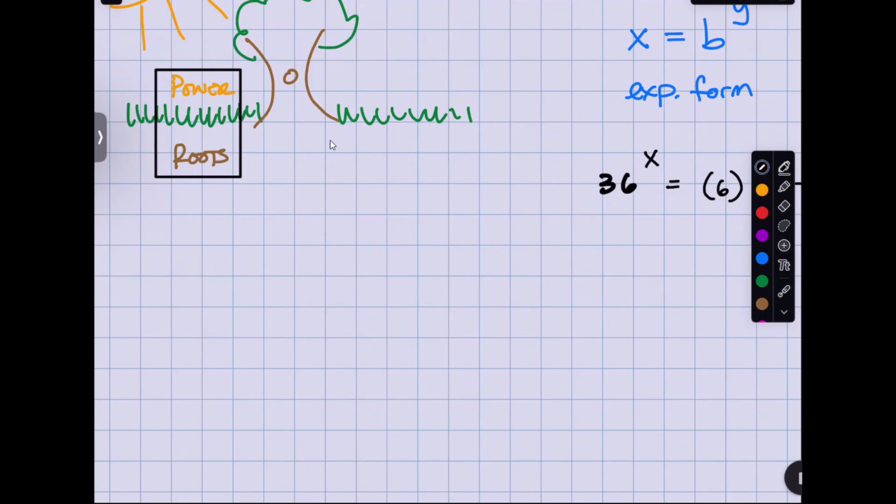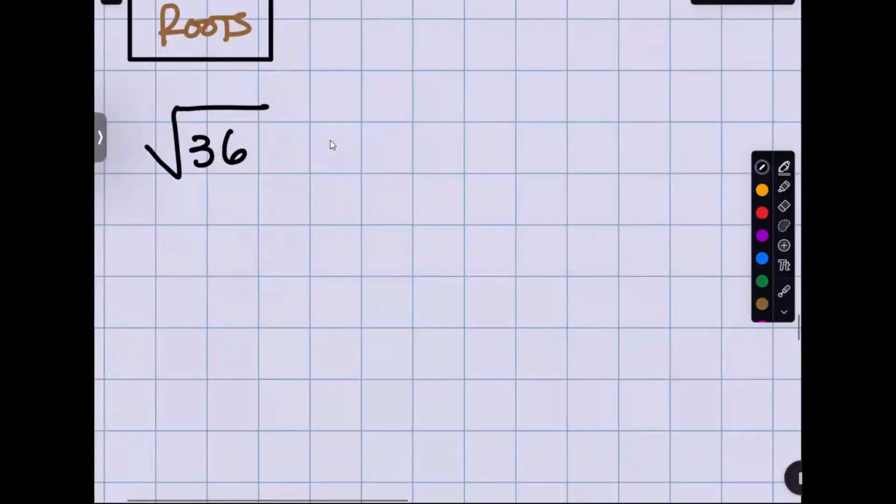So whenever I talk about the square root of 36, number one, I know that the root is a 2. Is that right? Because we're talking about square root. And the power on the 36 is 36 raised to the first power. Yes? So that means this is going to be 36 raised to the